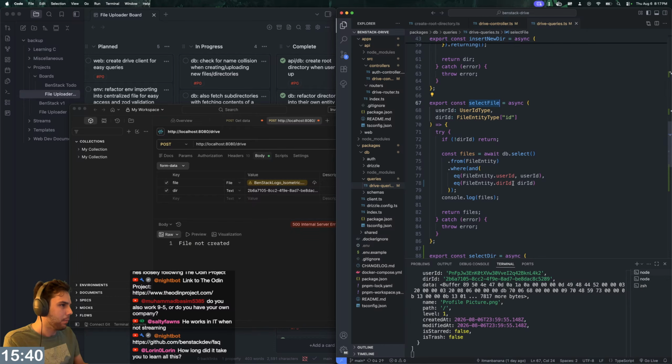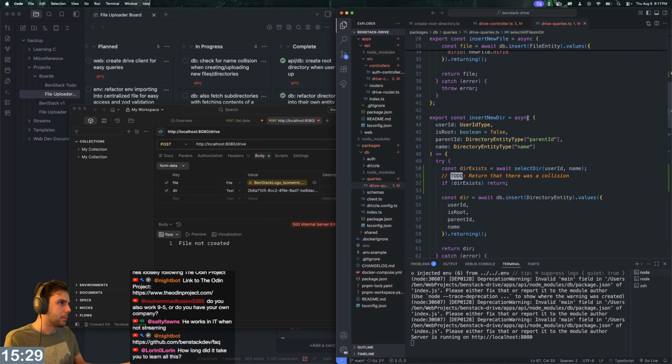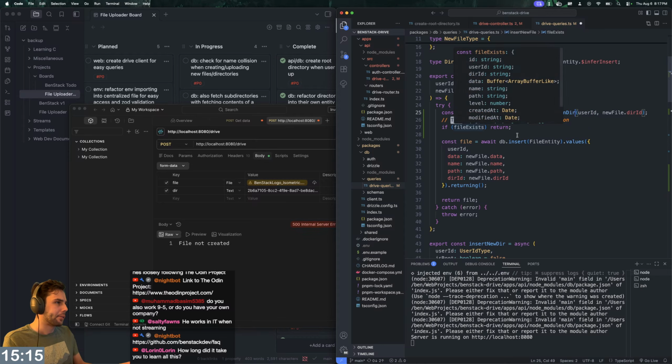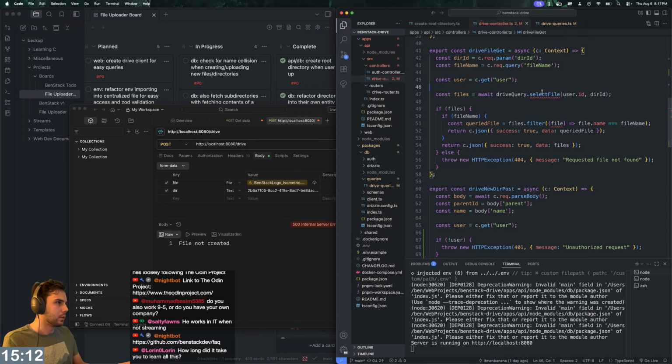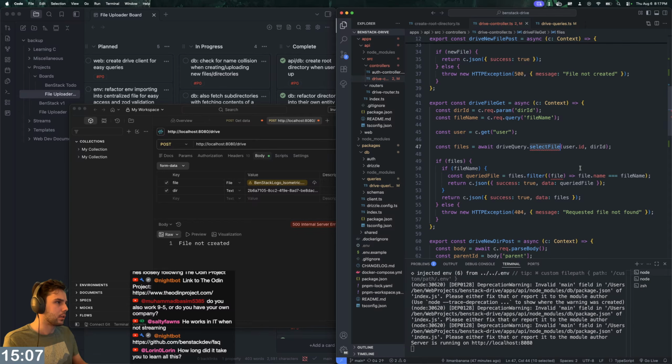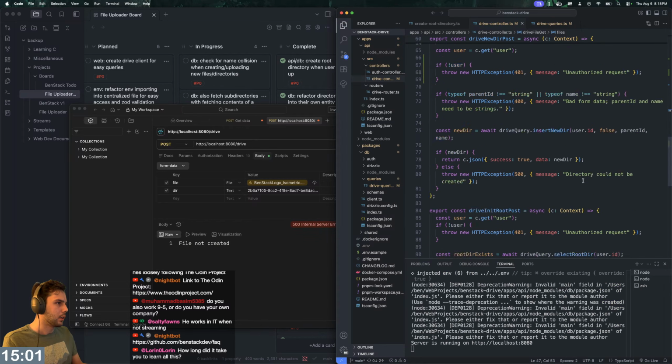Okay, so I think the problem is with this, we're getting all of the files inside of a directory, right? So we're going to need to actually change this a little bit. So this is fine. We need to do a specific one. So this needs to change. Select all files in directory. And then